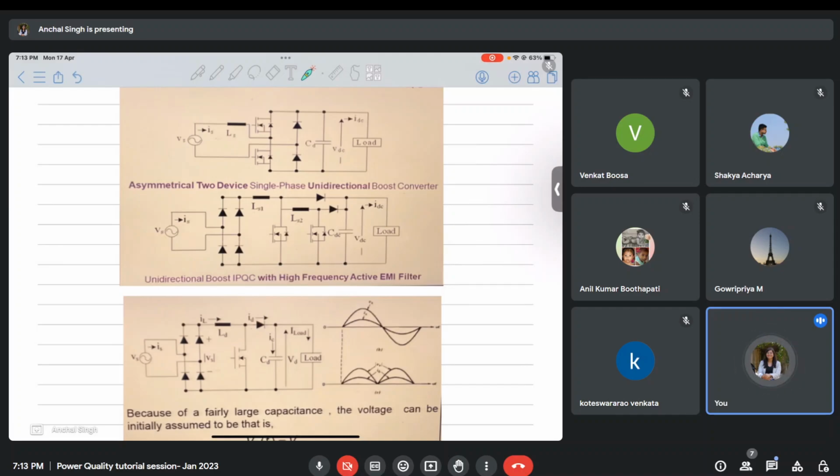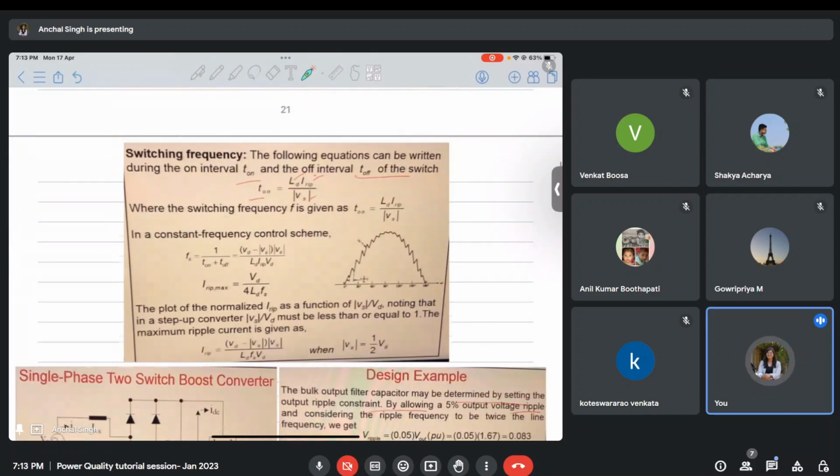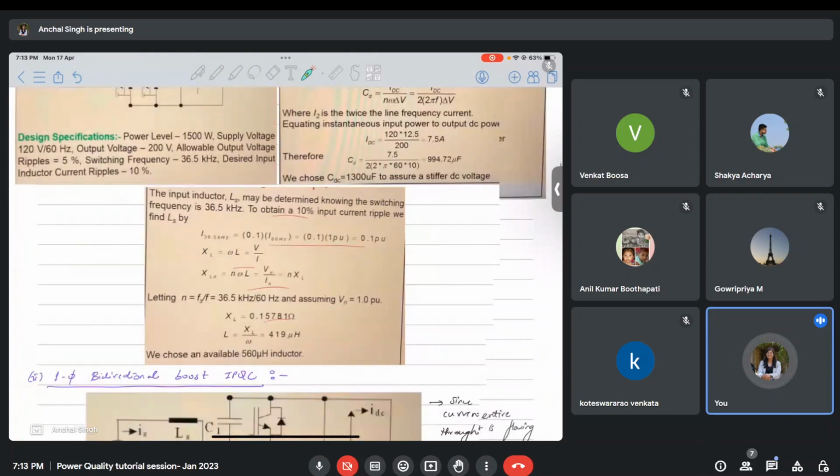So just apply KVL and KCL, and then you will be able to understand the circuit better. And then you will do the similar analysis when switch number 2 is on and switch number 1 is off. In that particular case, you will again derive the equivalent circuit, and then from that equivalent circuit, you will write the KVL and KCL equations in order to obtain the expressions. So when you use this similar procedure, you will be able to understand these equations, and in case you have any doubts, you can always refer to additional reference materials.